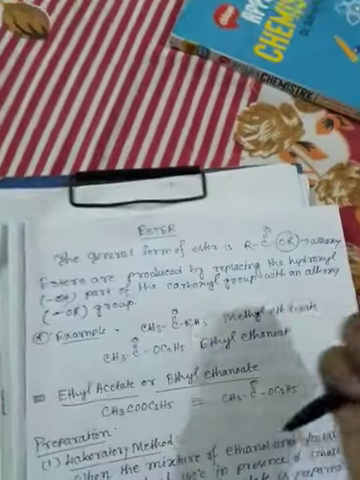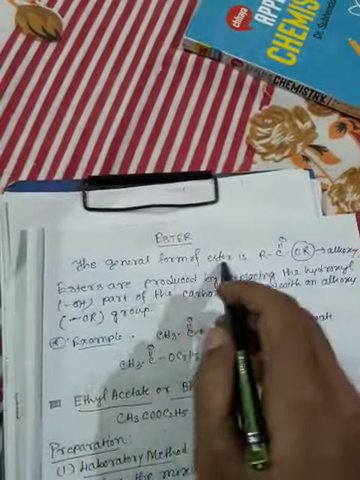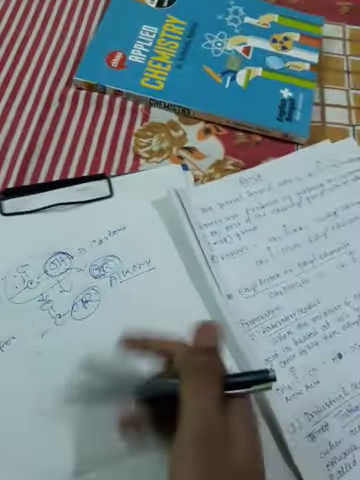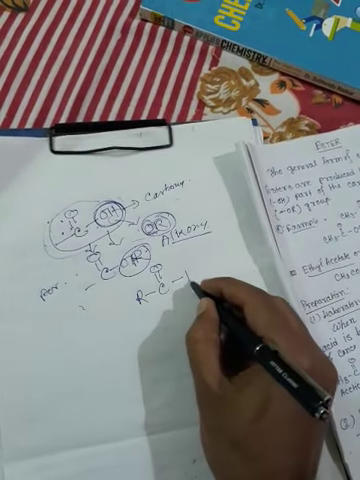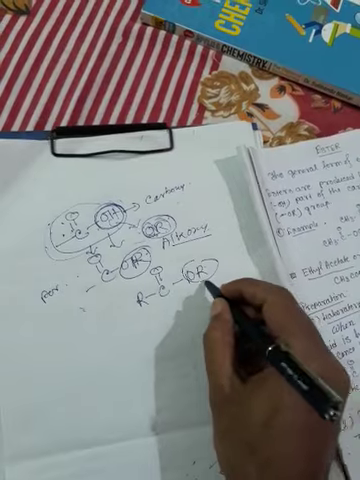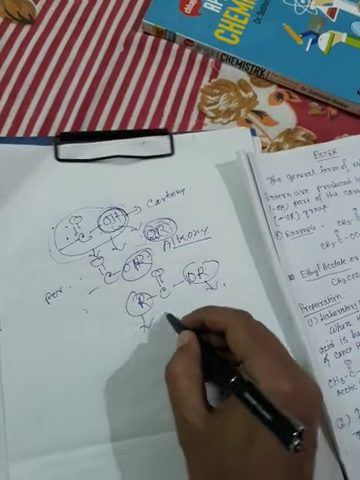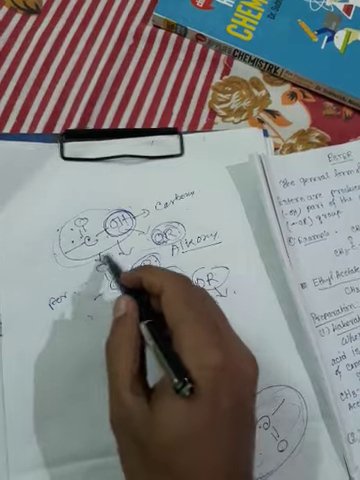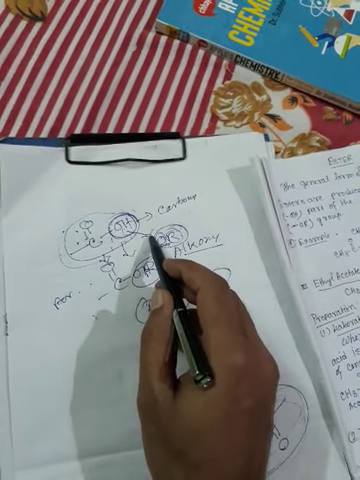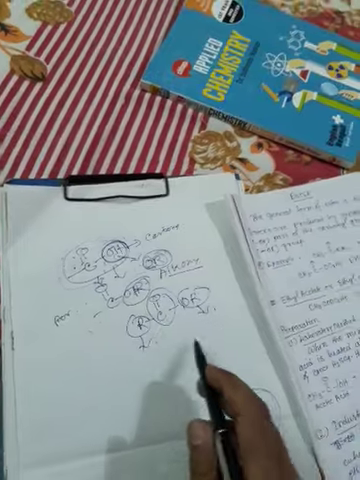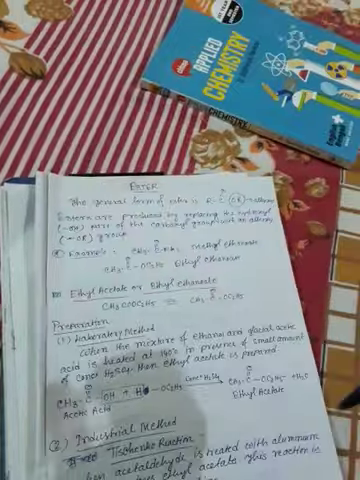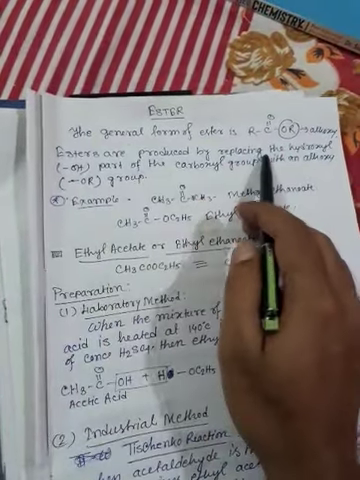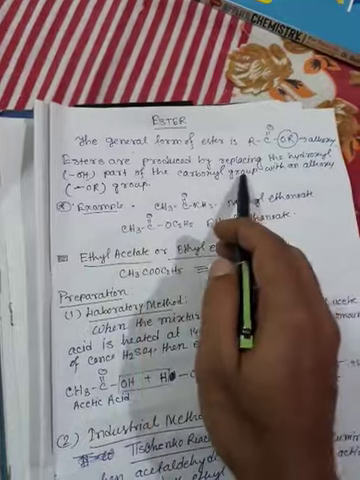Okay, now the general form of ester is RC double bond OR. So what is the general formula of ester? That is, okay, this one alkoxy, this one alkyl radical and this one carbonyl compound. So similarly here carboxylic acid, when the hydroxyl group of carboxylic acid is replaced by an alkoxy group, then this group is called ester group. Okay, now esters are produced by replacing the hydroxyl part of the carboxylic group with an